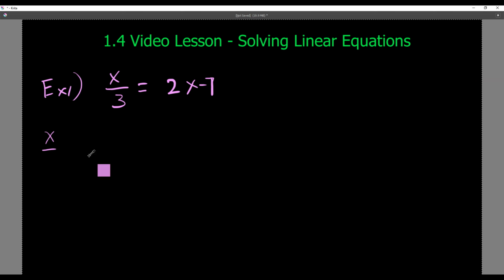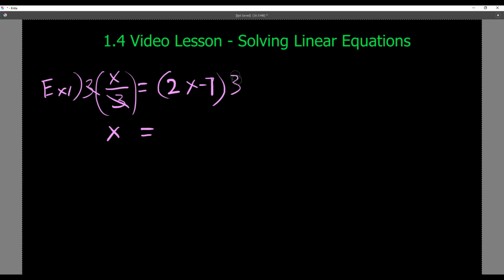So an easier way would be for me to multiply the whole equation by 3 to get rid of this 3. Now remember, when you do it, you got to do the whole side, the 3 times the whole side. So if I multiply this side by 3, I multiply this side by 3, and I remember to apply that to every single term in both sides. So here, 3 times x over 3 means 3 times x divided by 3. That cancels out. I have x is equal to, now this side,